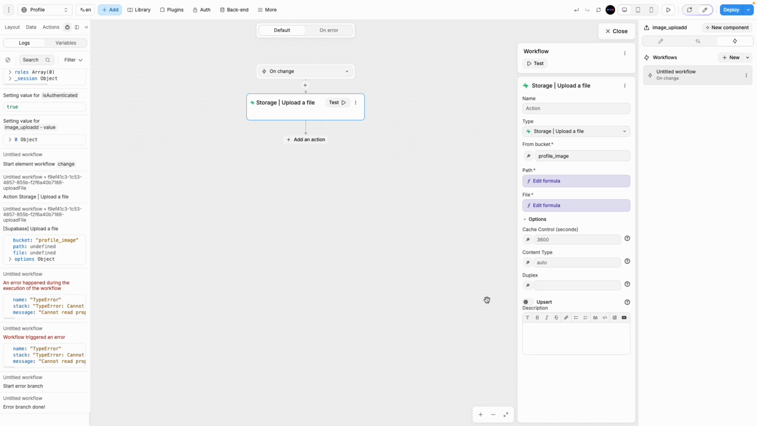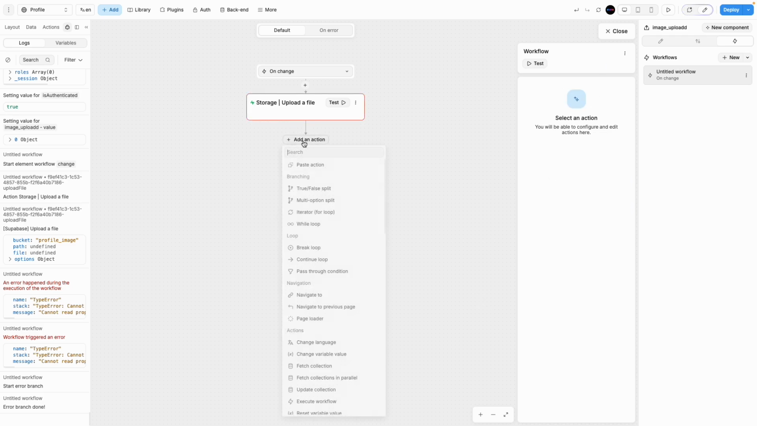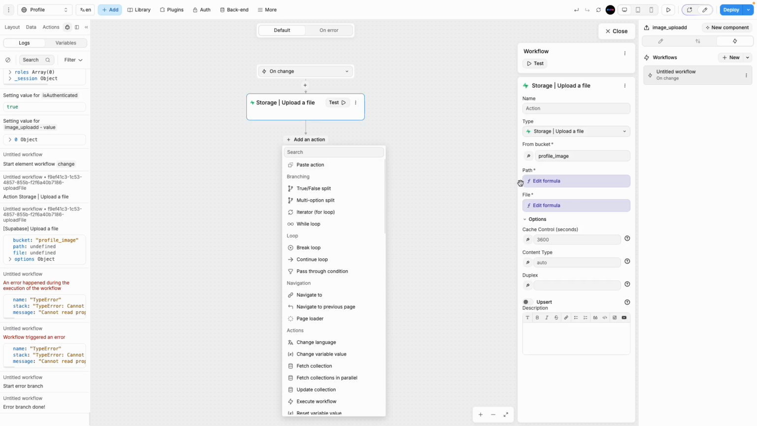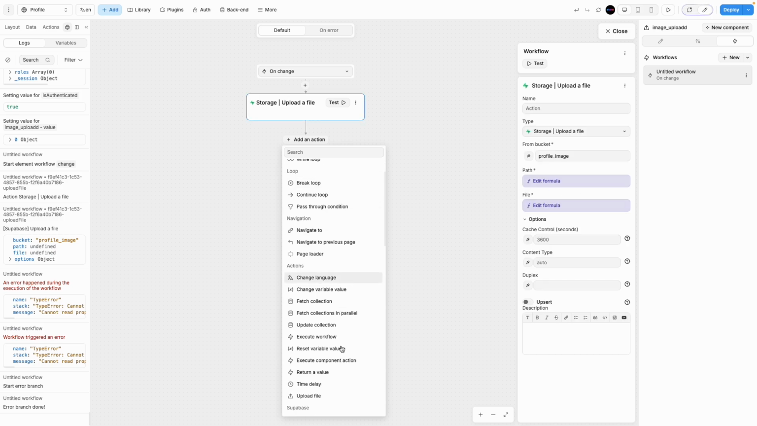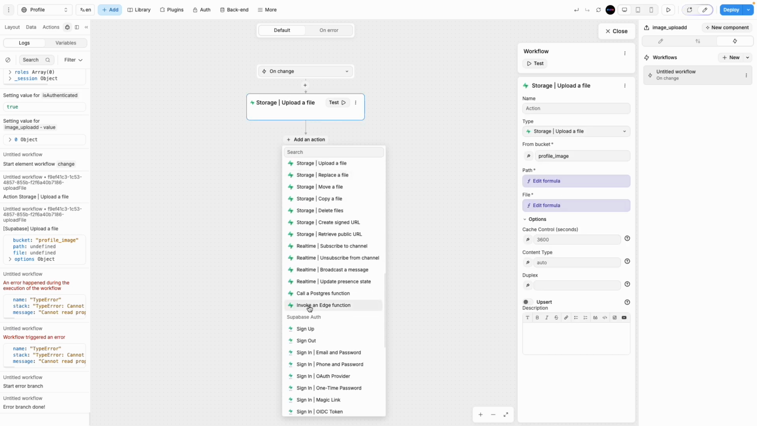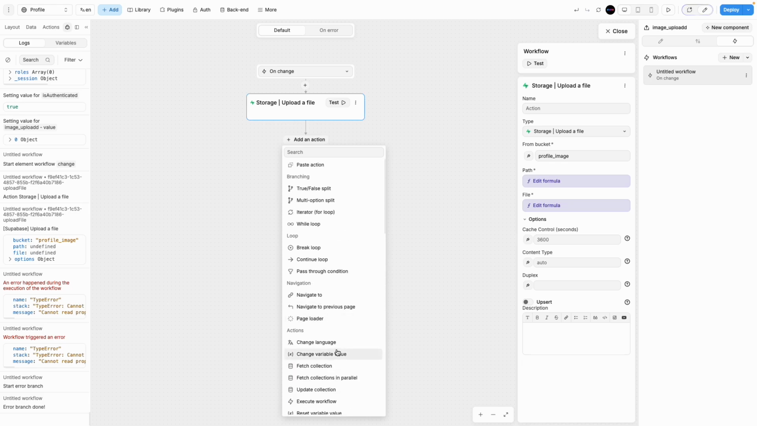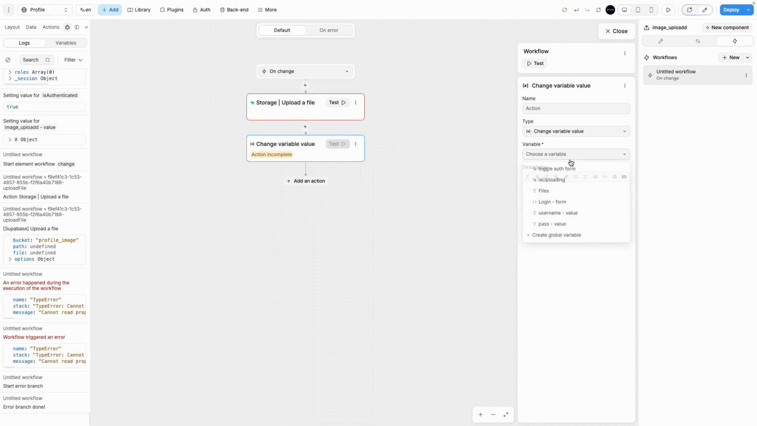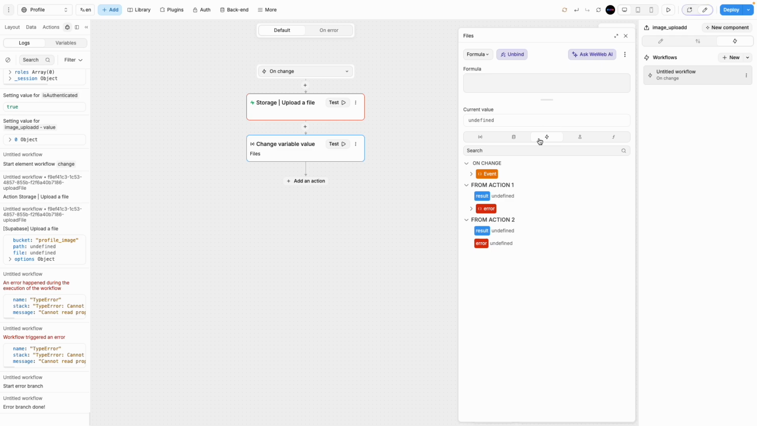Now we need to save the uploaded image inside a new variable we have created. If I'm not wrong, this variable we created, right, the files one. So we need to bind that uploaded event value here. Let me show you. This is our event, right? Inside that event we have,